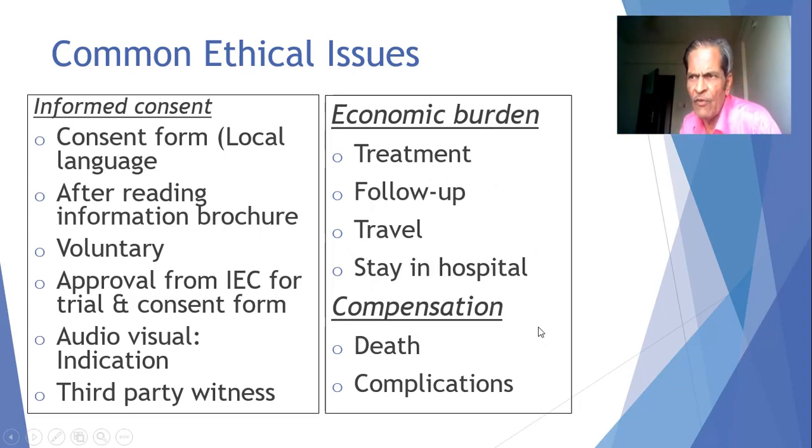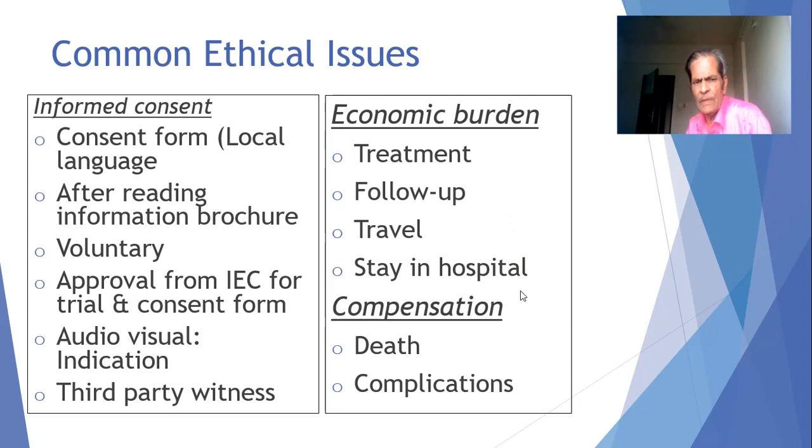So all these must be covered, and in addition some compensation must be given to the person for loss of wages. That should not be an exorbitant amount, because that may amount to certain pressure. So some reasonable amount should be given as compensation for loss of wages to this person. So the economic consideration should be the cost of the treatment, cost of the follow-up and the travel, cost of the stay in the hospital, and the loss of the wages. A reasonable amount should be there and it should be considered.